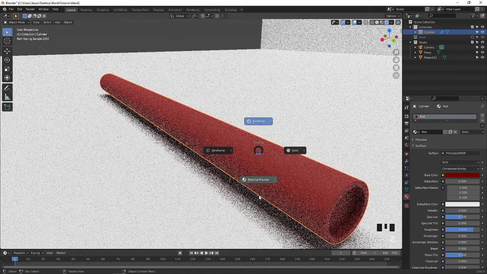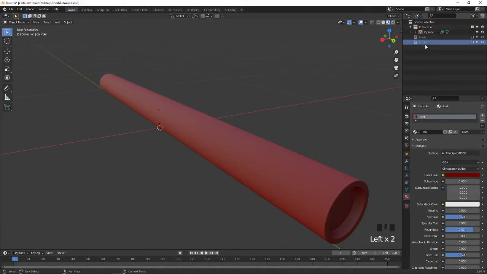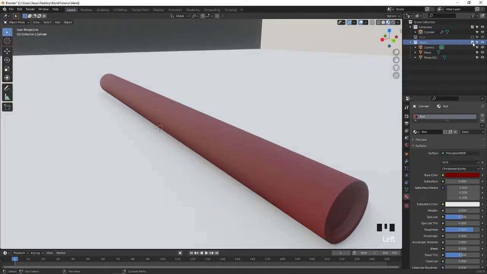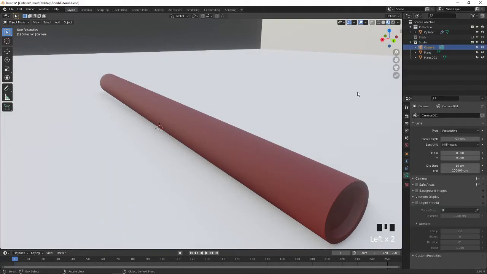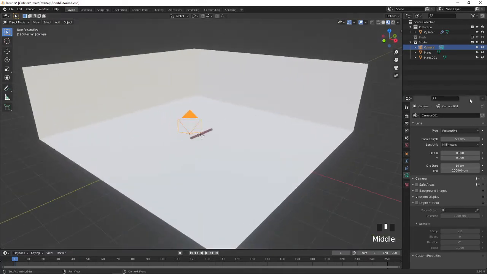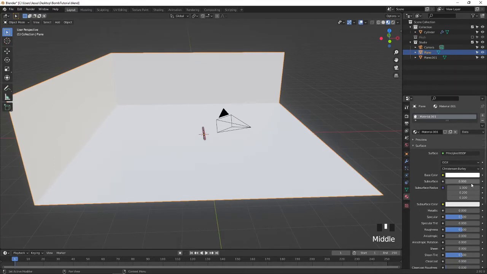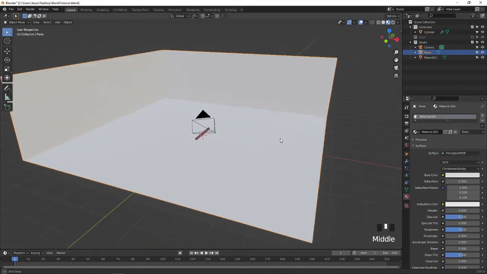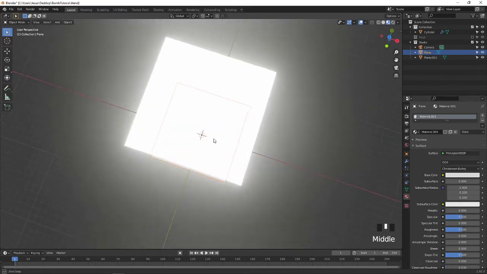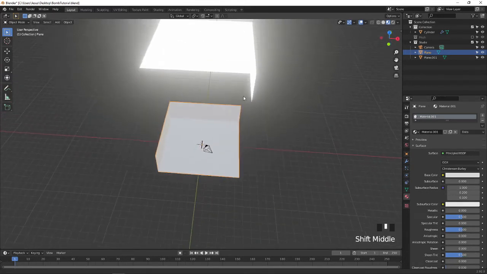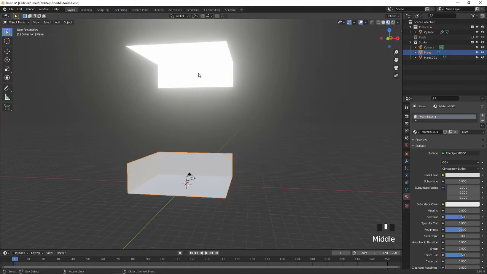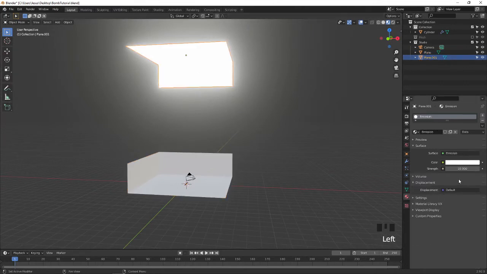You might wonder what this studio collection is. What I have done is, here I have added one camera and I have added one plane. I have made this design and given the material of white. I am going to make it dark once again, and I have duplicated the same, applied the rotation, and given the emission for the same.